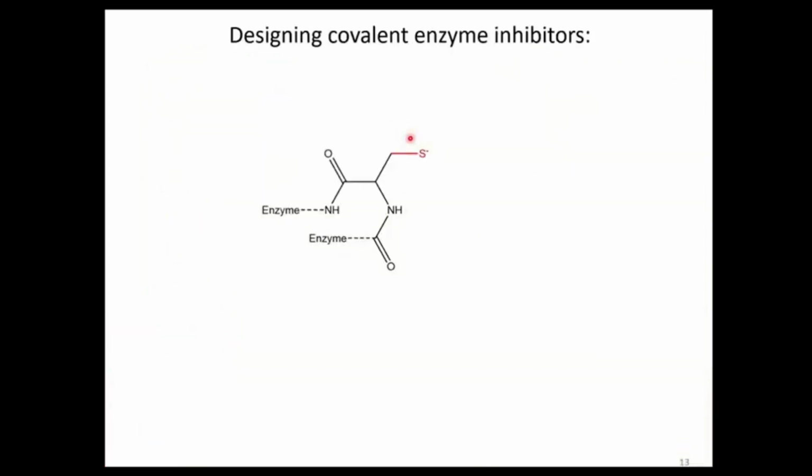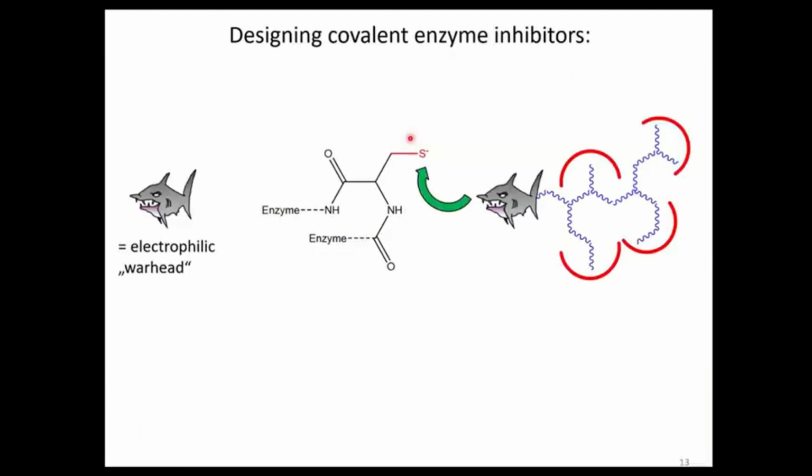So what do covalent protease inhibitors look like? They contain a peptide or a peptidomimetic side chain, which is the so-called recognition unit, and which makes the non-covalent interactions between the drug and the target. Additionally, covalent drugs contain an electrophilic warhead, which covalently reacts with the nucleophilic amino acid in the active site of the protease. In case of cysteine proteases of the papain family, the deprotonated cysteine residue. We now have